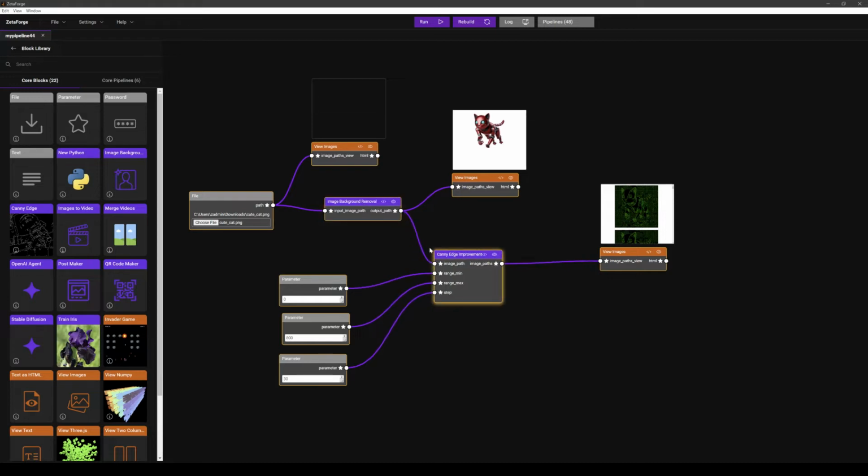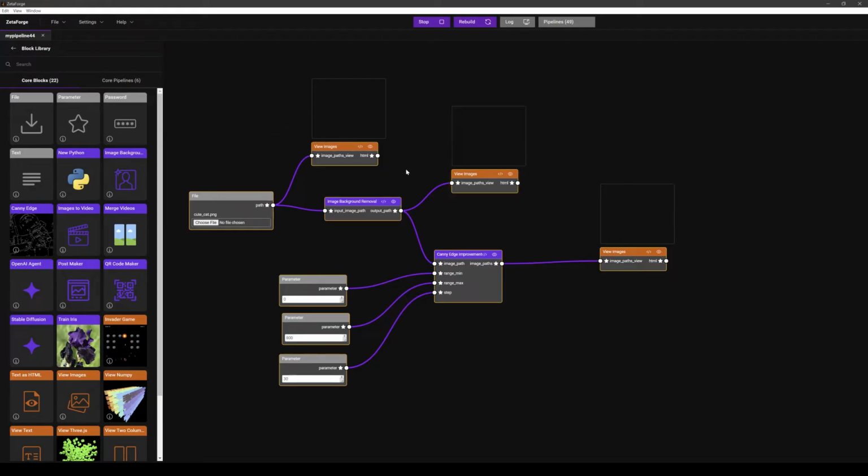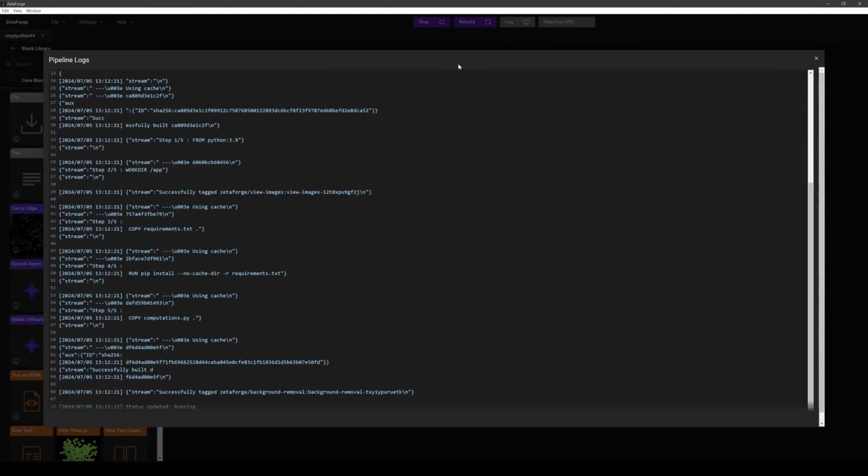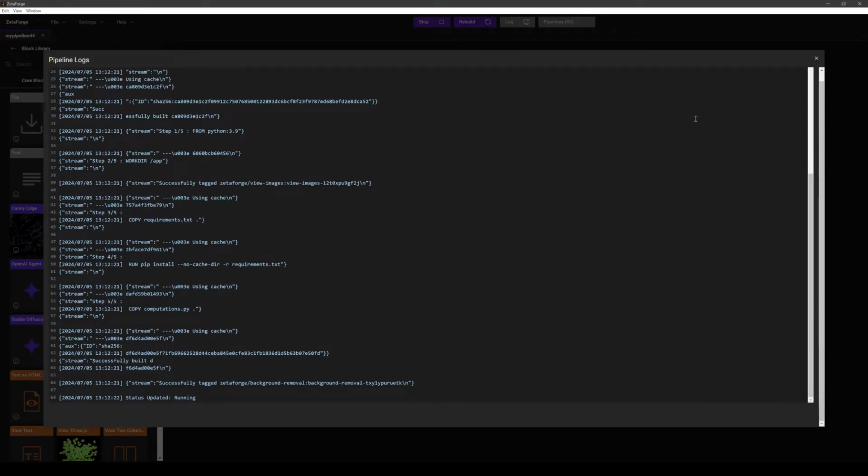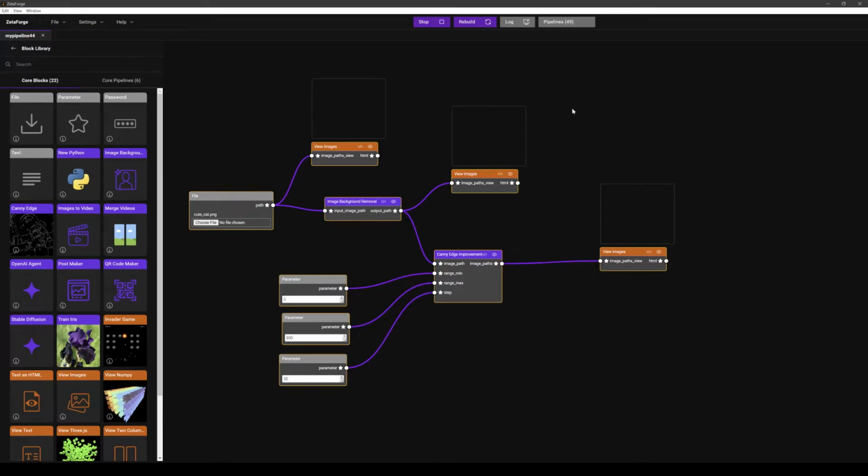Background extraction passing to canny edge. And yeah, so let's just run this one and see what we get. And yeah, so if you want to follow the logs, you can see them here. And yeah, so as a few little notes,